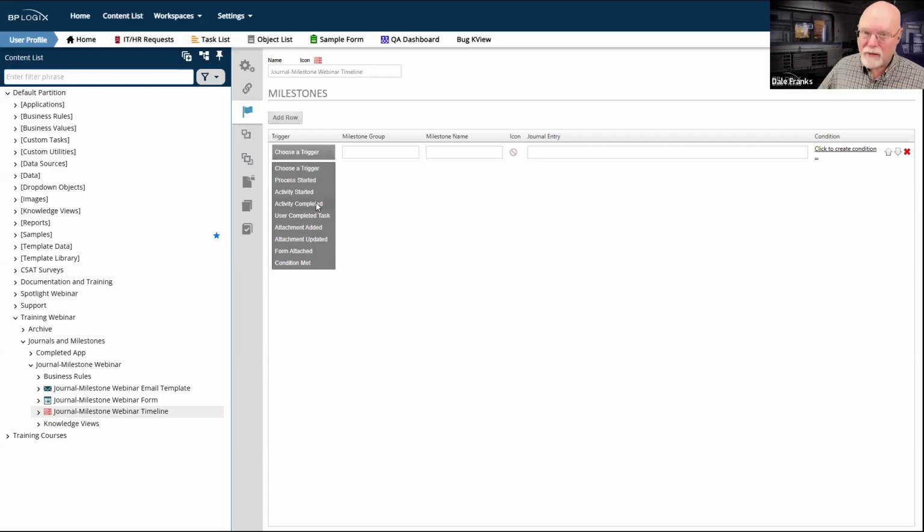So if any activity completes, this event would fire. Completed task, that only applies to user activities. So it would only fire on a user activity where the user has completed the task that was assigned to them, generally by clicking one of the completion buttons on the bottom of the form.